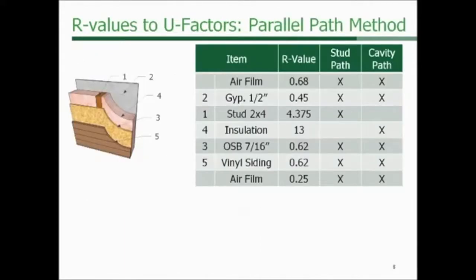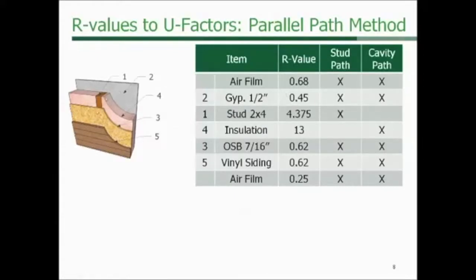So for doing wood construction, we use what's called the parallel path method. There are other methods that can be used that are more complex, but since wood itself is a fairly decent insulator material, you're allowed to use the parallel path method according to the ASHRAE Handbook of Fundamentals. So when you're trying to convert R values to U factors to get the U factor for an entire assembly, for this wall, for example,